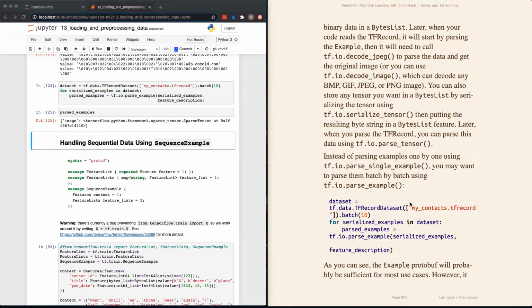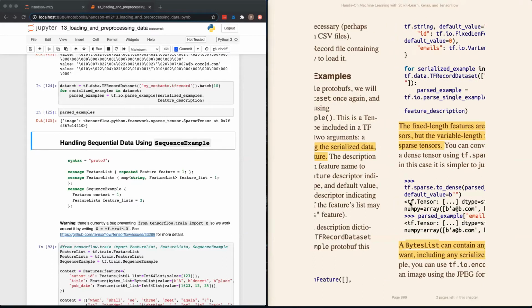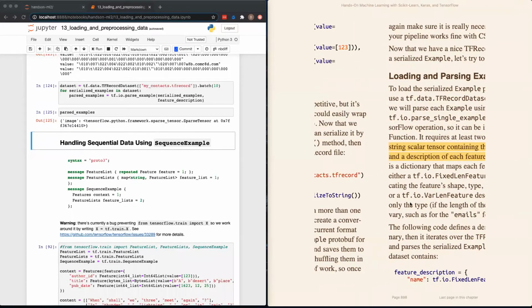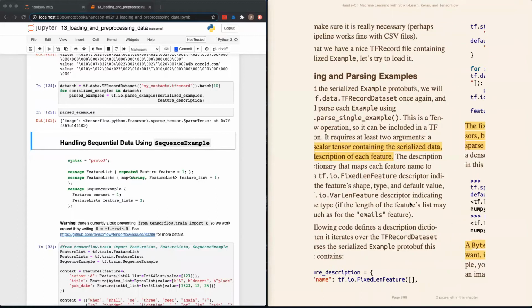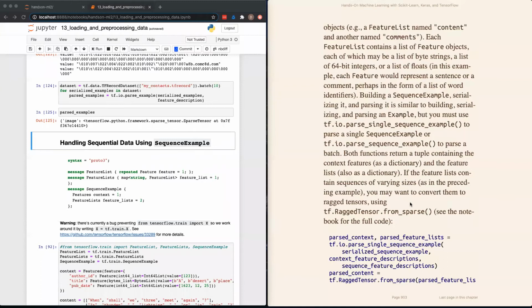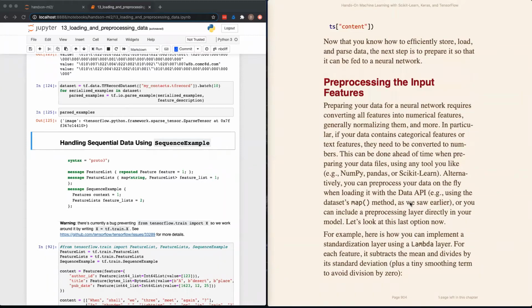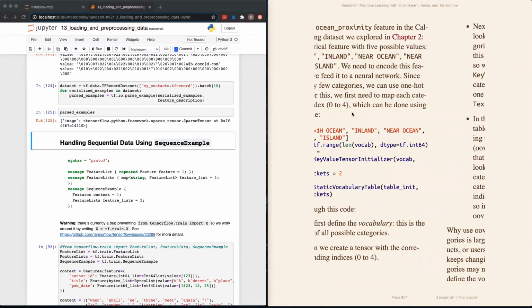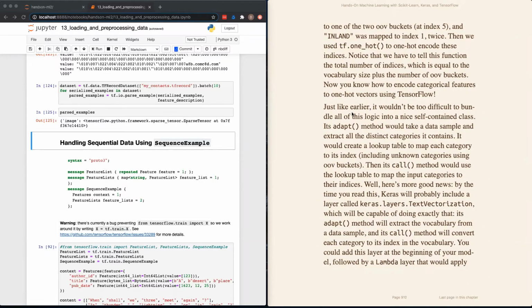So they are going to cover loading and parsing examples, and then going next to handling list of lists using the sequence example protobuf, and then afterwards pre-processing the input features. So we try to cover the whole pre-processing of the input features all the way up to